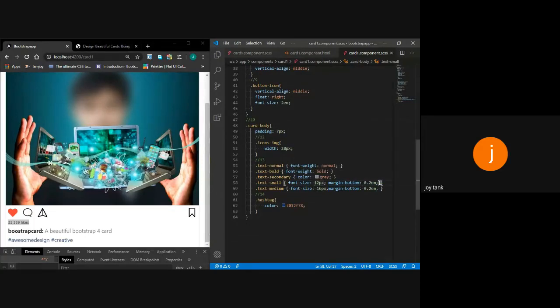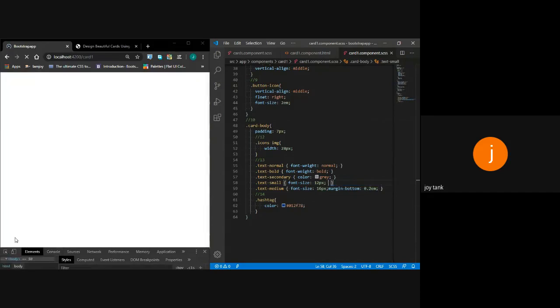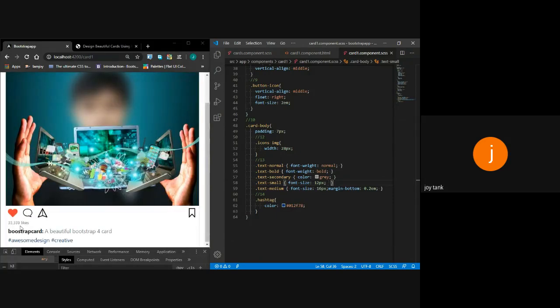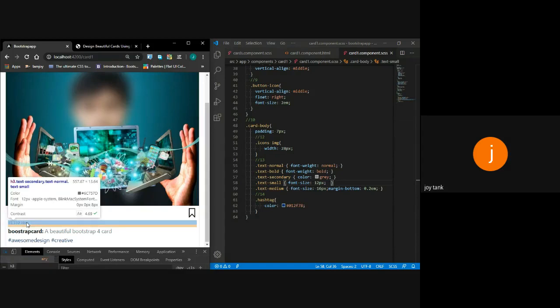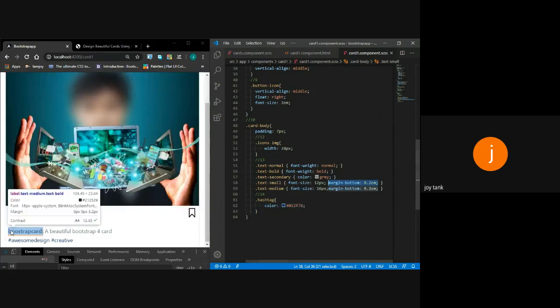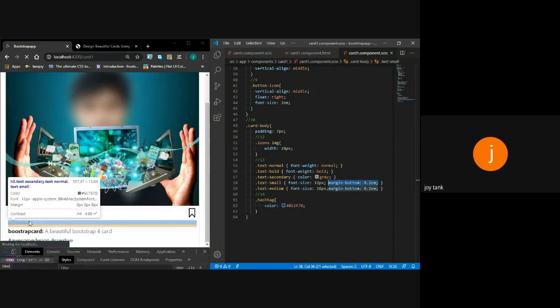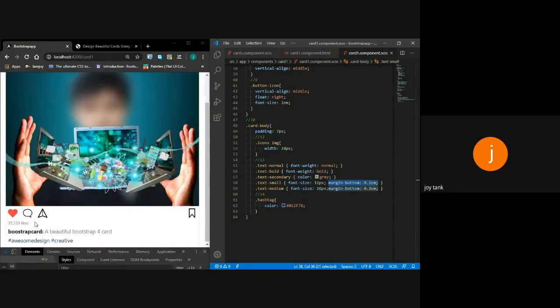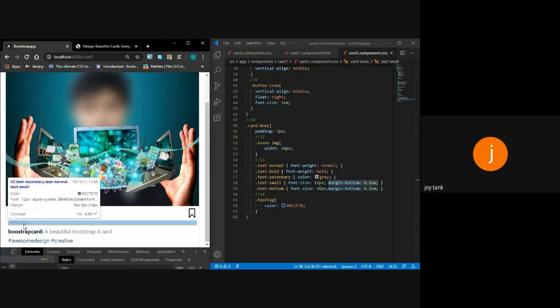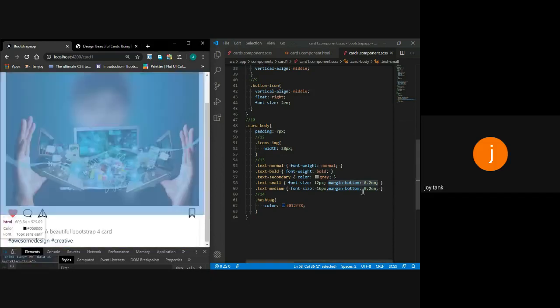If I am not giving some margin, you will observe that this card takes a certain distance, but I don't want that distance. It took a margin of 8px, and I don't want that. I want another value. So it has taken a margin of 2.4px, and it has been reduced.